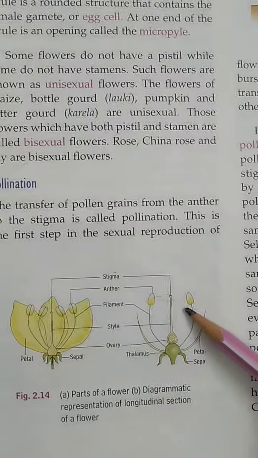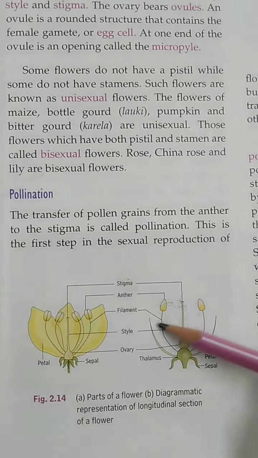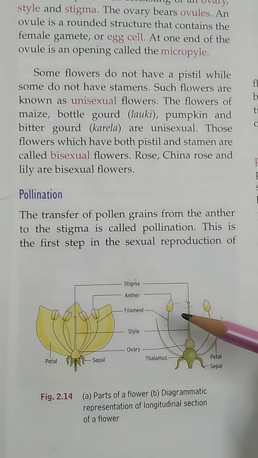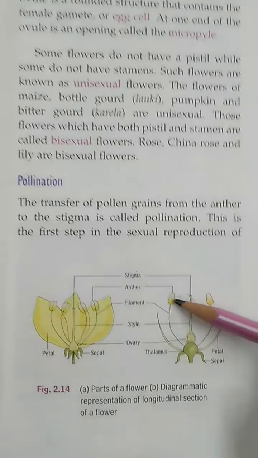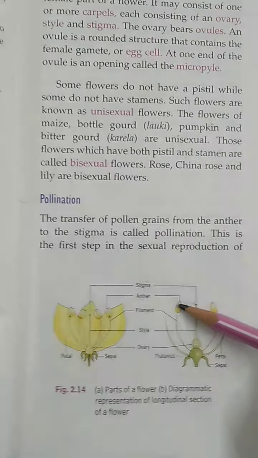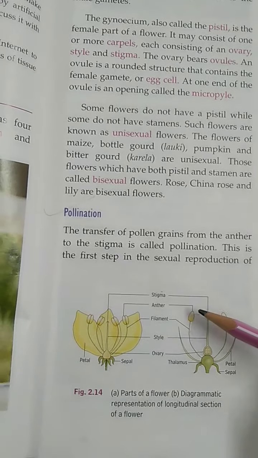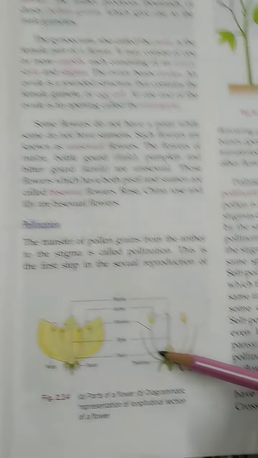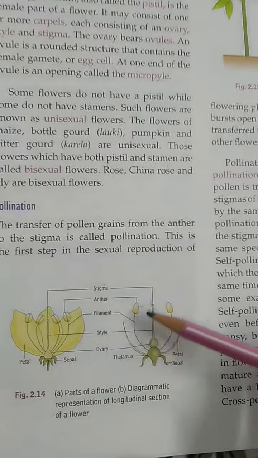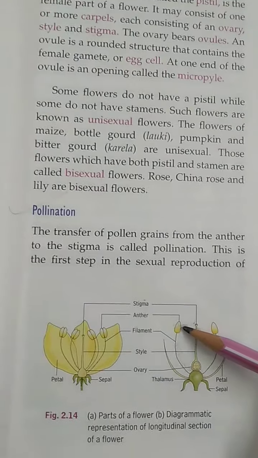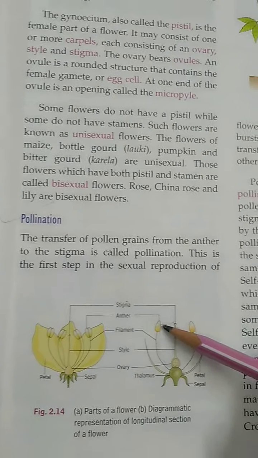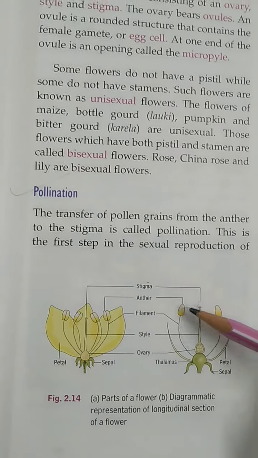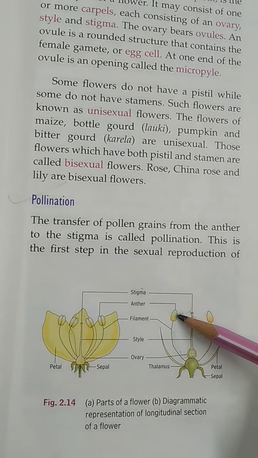Now in this diagram you can see that this is the androecium part of the flower, which is formed of stamens, and again this stamen is formed of two portions. The upper portion is the bilobed part which is called the anther, and this is the pollen bearing part of the stamen, and the lowermost portion is called the filament. Now this anther produces thousands of dusty pollen grains, and these pollen grains are actually the male gametes or male sex cells of the plant body.